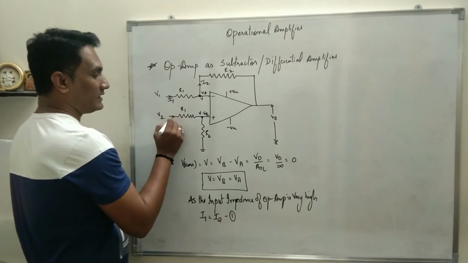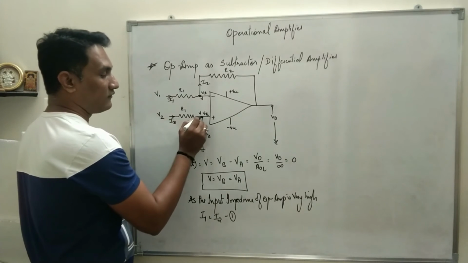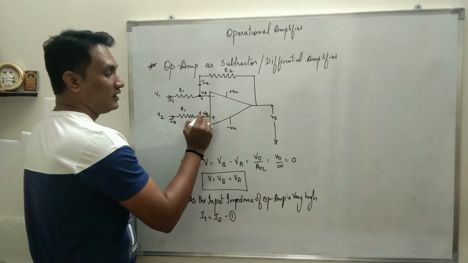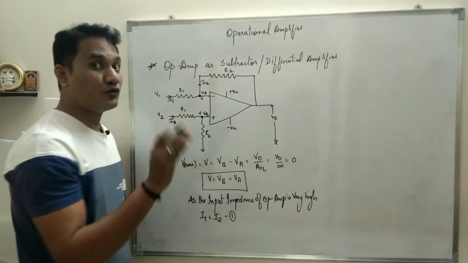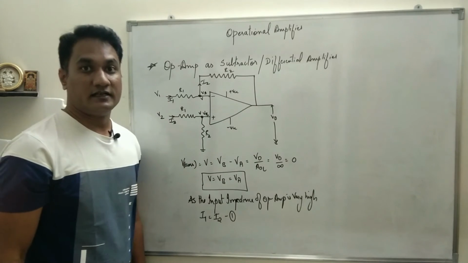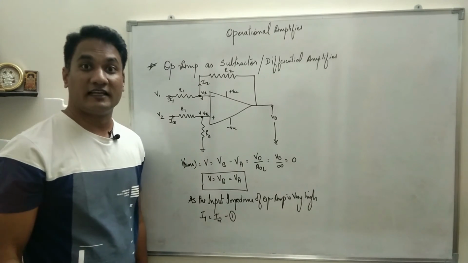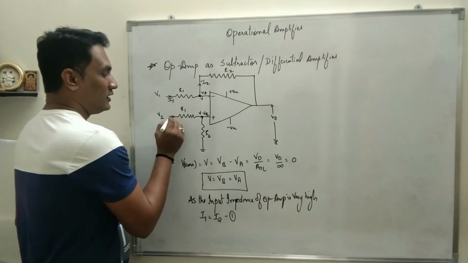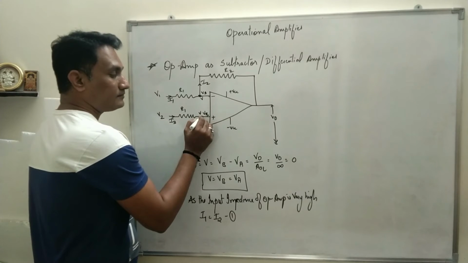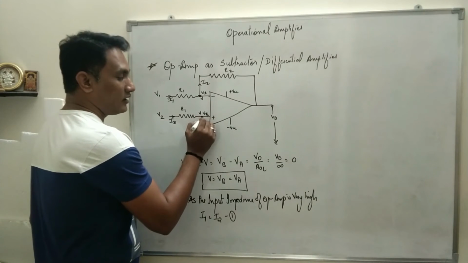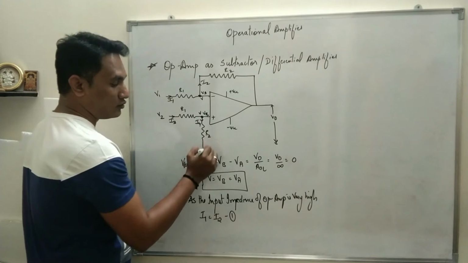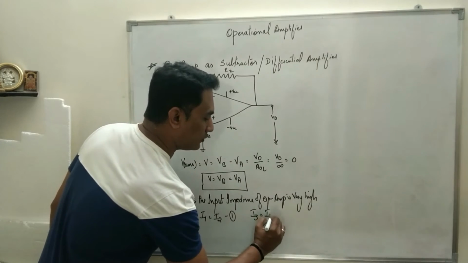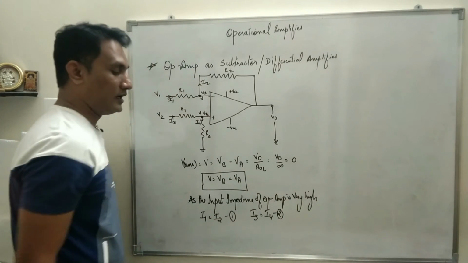Similarly, when V2 is applied, current say I3 flows up to VB, and as the input impedance of the op-amp is very high, no current will flow through the op-amp. When I say input impedance of the op-amp, we have already studied in the ideal characteristics that input impedance is infinite, that is the resistance offered by the op-amp at the input side. So I3 current will flow up to VB, and all the current will flow through this R2 to ground, so that current will be I4. From the figure we can say I3 is equal to I4, let this be equation number 2.